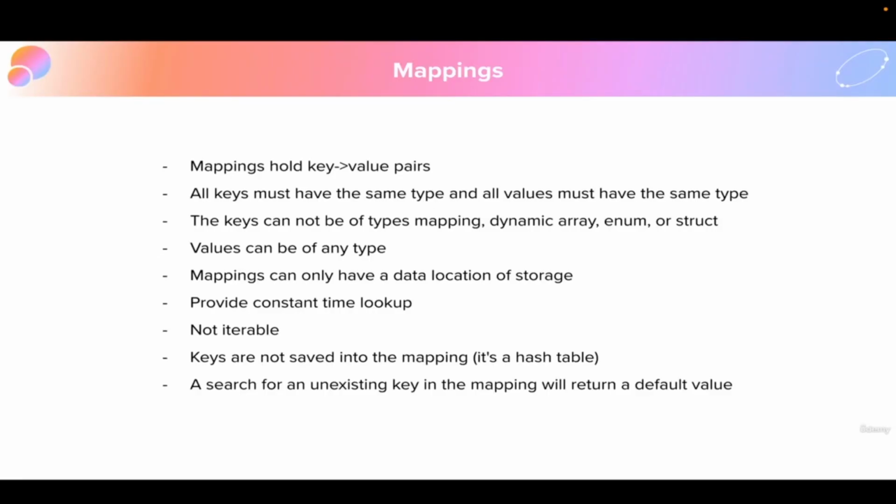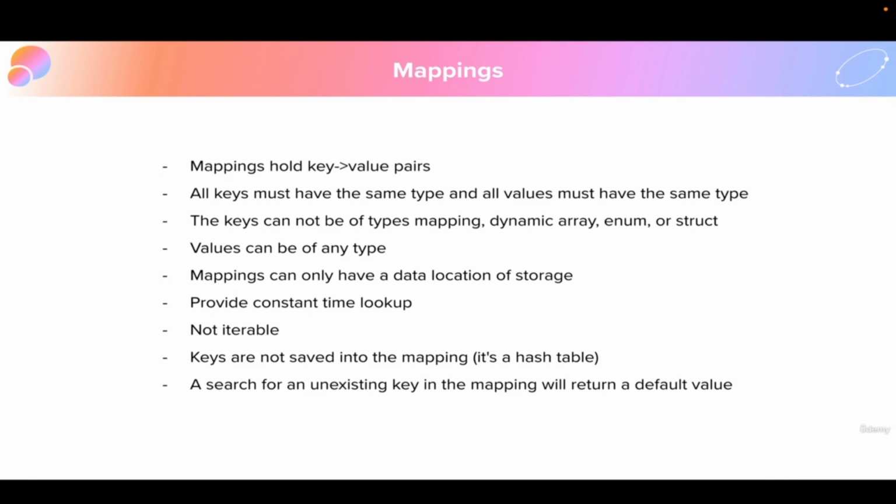Solidity mappings are similar to a Python dictionary, a Go map, or a Java hash map. Mappings hold key-value pairs. All keys must have the same type, and all values must also have the same type. The two can be of different types, of course. So you could have a mapping from address to uint, or uint to boolean, and so on. The keys of a mapping cannot be of types mapping, dynamic array, enum, or struct, but the values can be